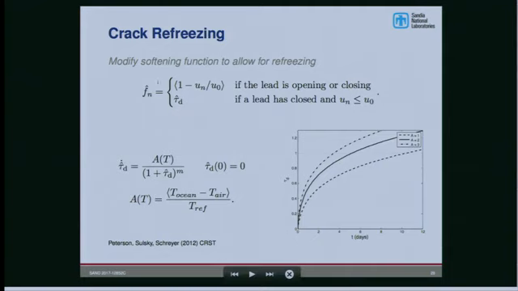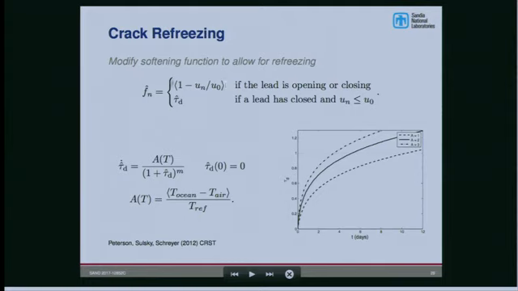We modify the softening function. If you remember, that is the linear function that takes you from initial damage down to fully open, or fully no strength.